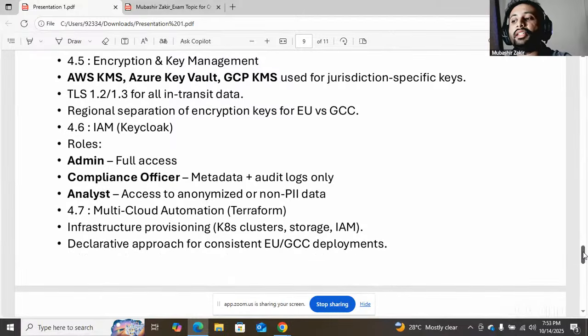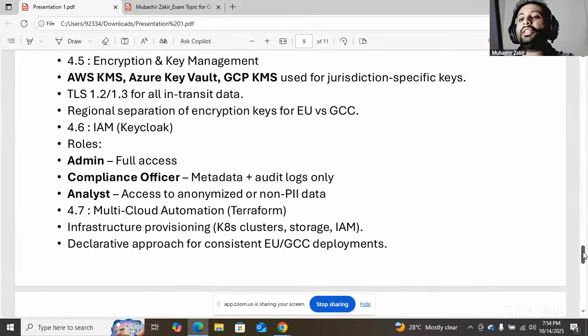Then we have identity and access management, and we use Keycloak for that. Keycloak checks whether the employee or admin is authorized to access the data or not, and what kind of access they have.